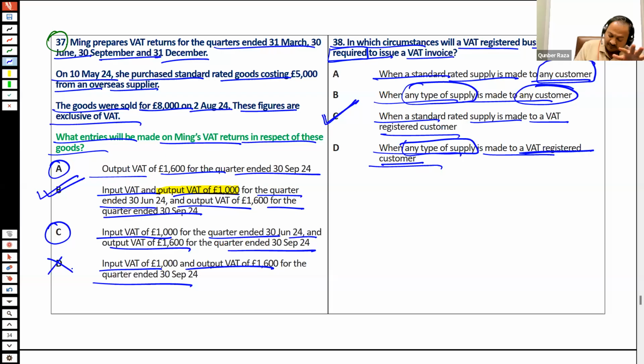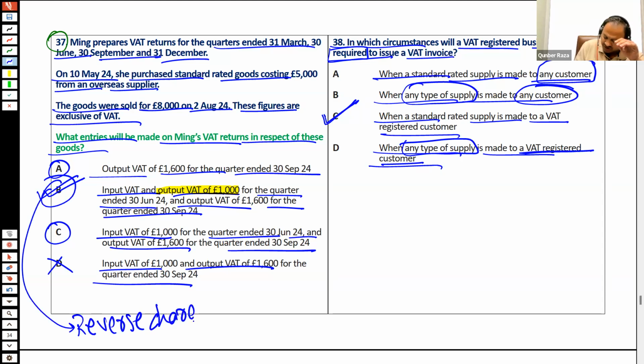Okay. I hope all of you understand option B, because the concept behind option B is called the reverse charge procedure, which is a part of